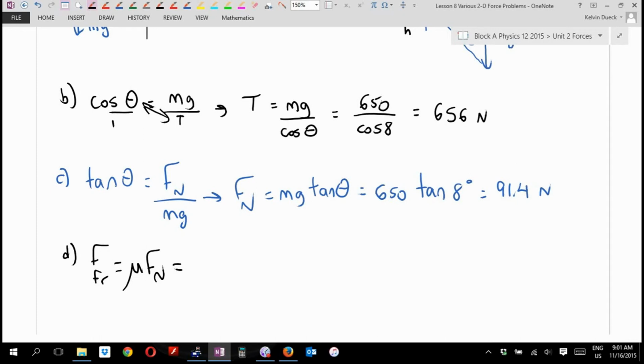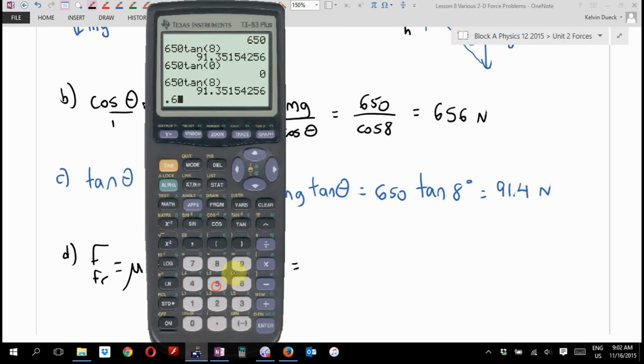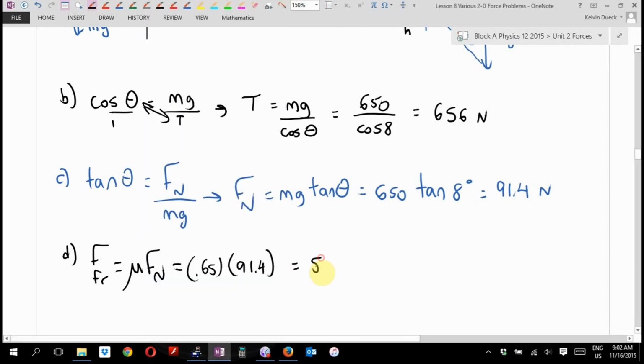If you're wondering, that's part of what you're doing when you wear special equipment when you're rock climbing. You definitely want a nice big coefficient of friction. It's also what the chalk helps to do as well. Removes any moisture from your hands, which would lower the coefficient of friction. So it's going to be 0.65 times 91.4. I'm going to use my answer button. 59.4 newtons